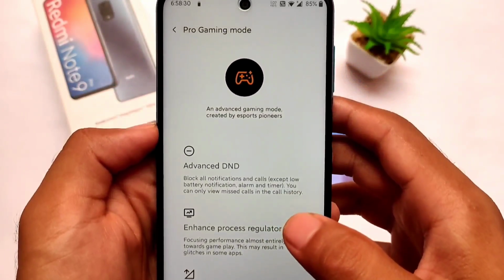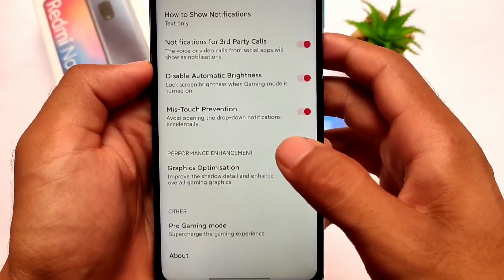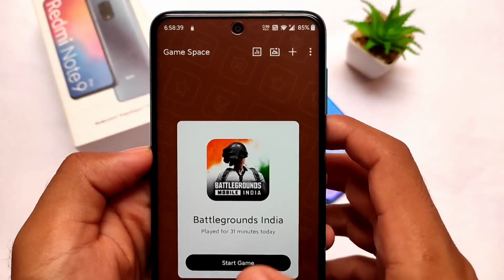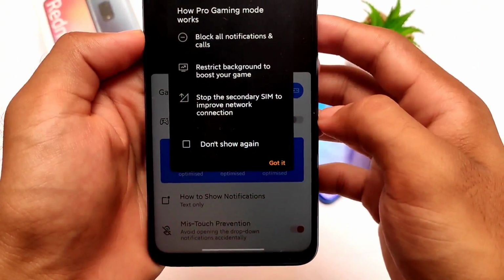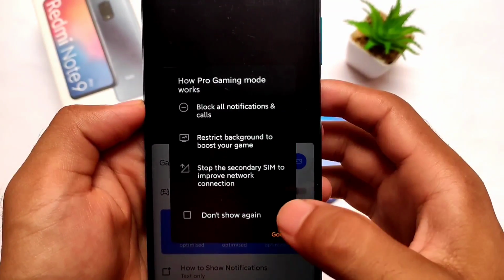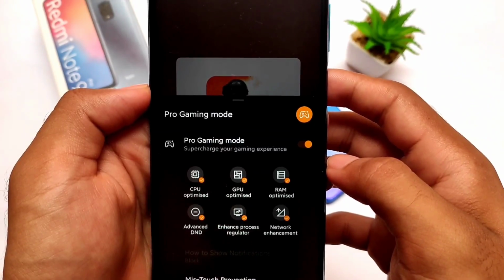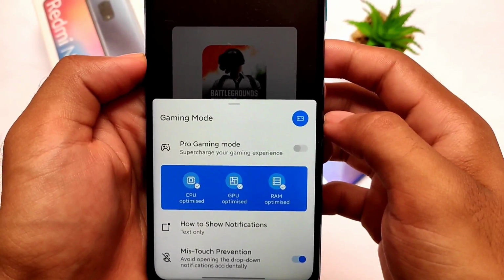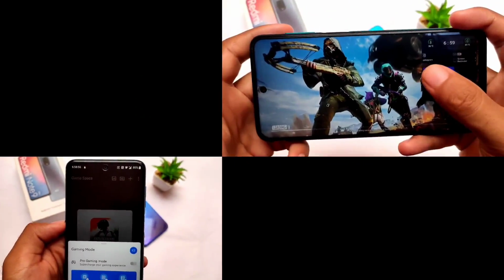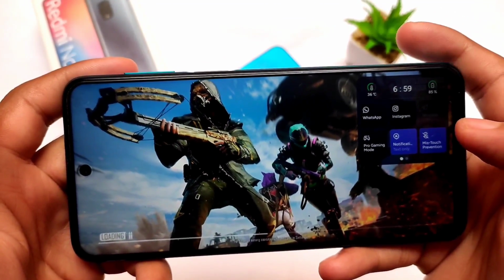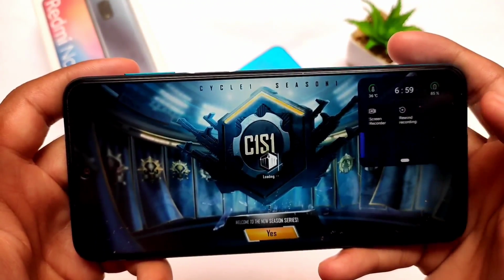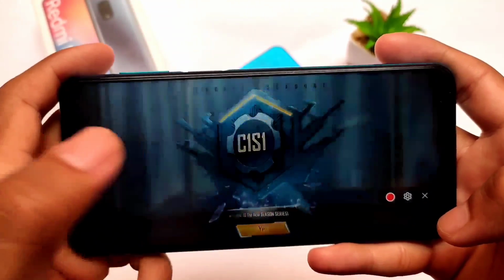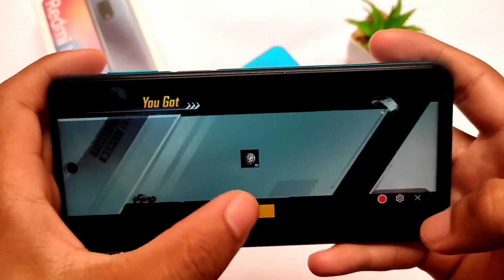If you want to access the gaming mode, let me just show you how you can access that. For example, if I go back and if I try to play BGMI here, as you can see, it has a pro gaming mode option available for you. If I click on got it, then there is CPU optimize, RAM optimize, network enhancement, advanced DND, and a lot more things. I'll not do this because I don't play games much, but still, let me show you the things. If you check out these things in gaming, here you have all these options available for you. Screen recorder, rewind recording, you can simply click this and it will have the option of recording the screen without having any issue. Screen recording was working perfectly fine.